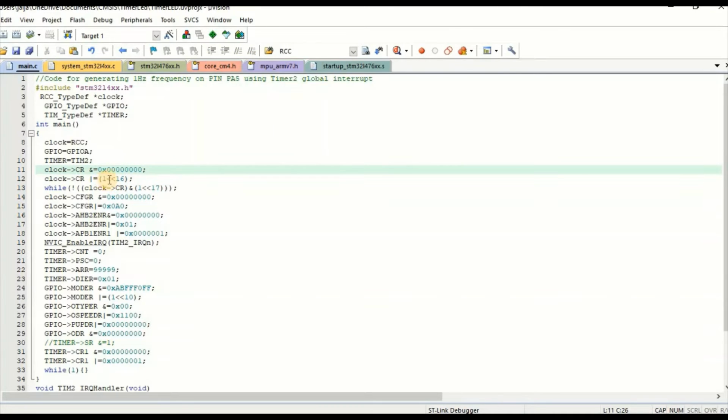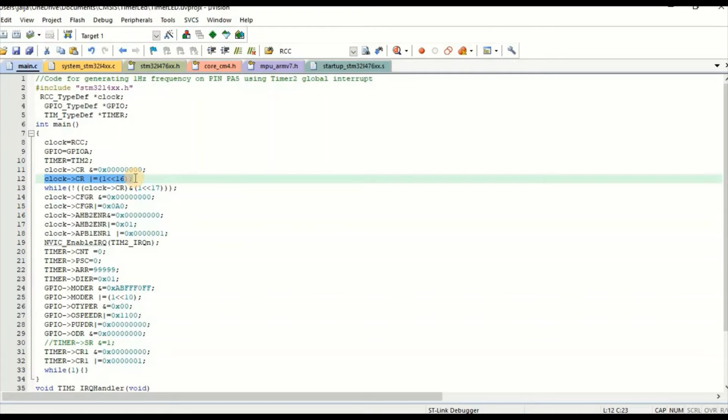And we are now setting the register's 16th bit, and by this we are enabling the HSE clock to the whole MCU. So the whole MCU's clock is only HSE, that is the crystal clock coming from the 8 MHz crystal.